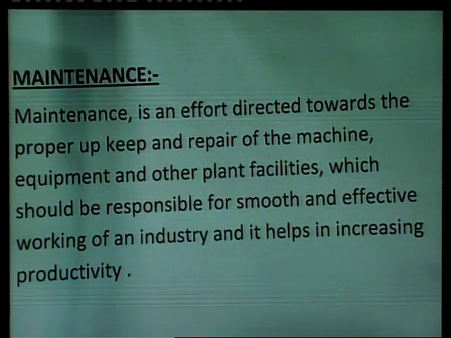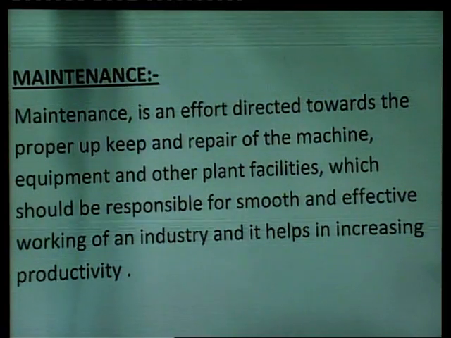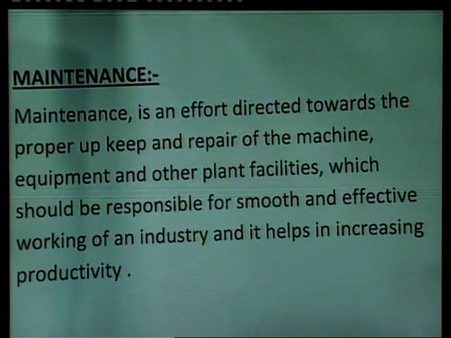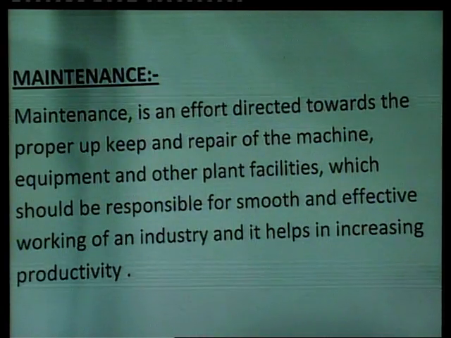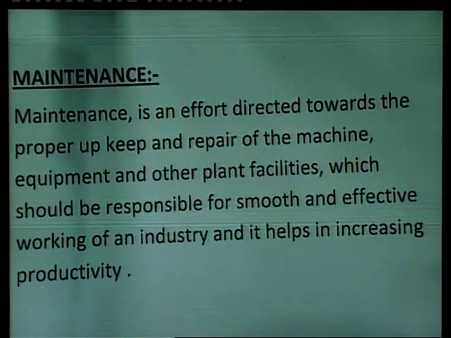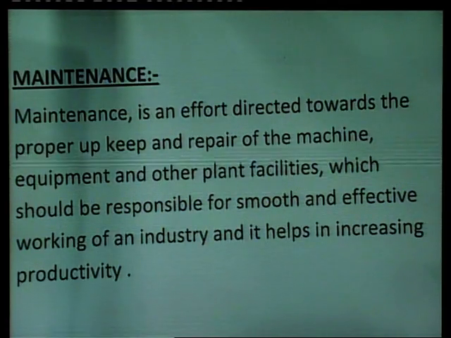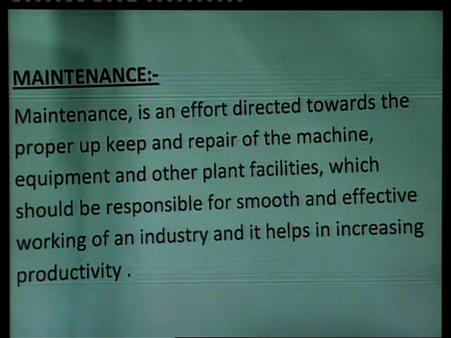When a machine is used, it is subjected to wear and tear. Hence, proper attention should be given to protect the machine and its components from undue wear and tear, and to protect them from failure. Proper attention means proper lubrication, cleaning, timely inspection and systematic maintenance. So, maintenance